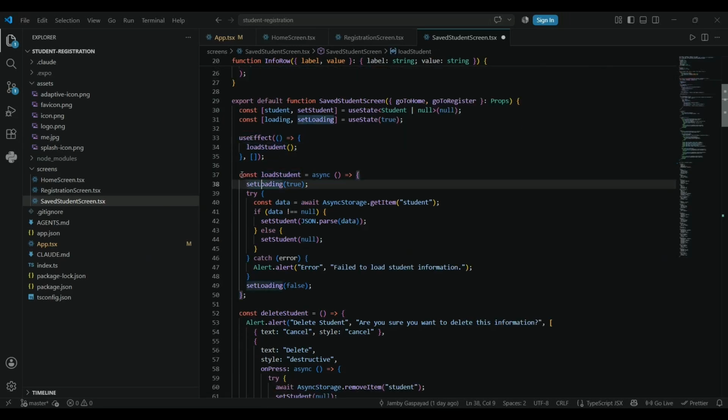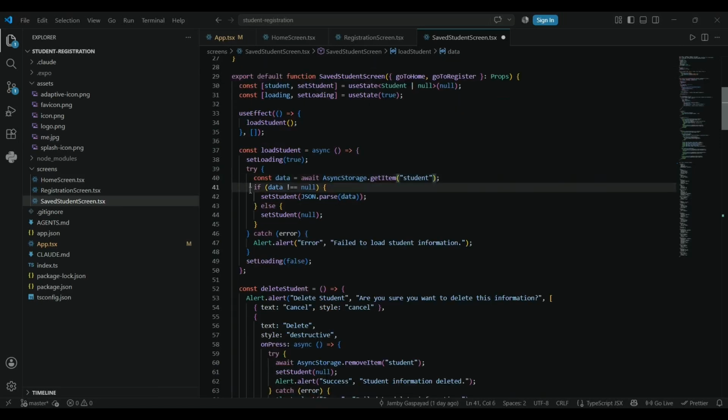Then the function loadStudent. This function retrieves the saved student information. Then the application searches AsyncStorage using the key student. Then if the data exists, it is converted from JSON into an object and stored in the student state.